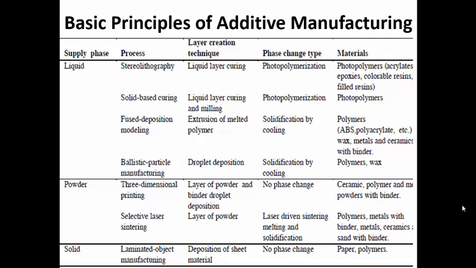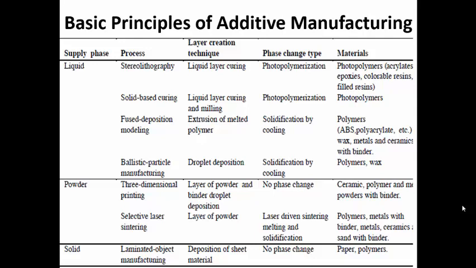So what are the basic principles of additive manufacturing? Every additive manufacturing process involves adding material layer by layer. In each layer, the additive manufacturing system or machine will know what are the areas where material has to be added and what are the areas where material should not be added. Accordingly, there will be proper controlling of the process to ensure minimal wastage of material.